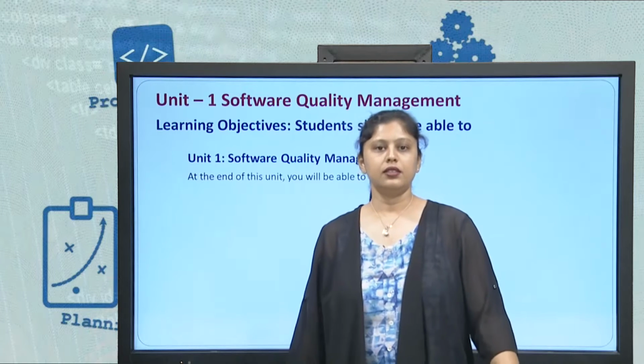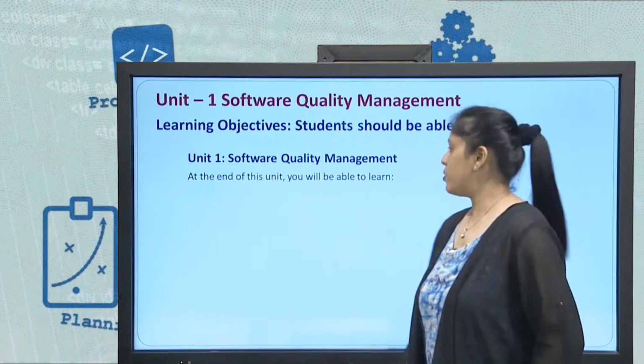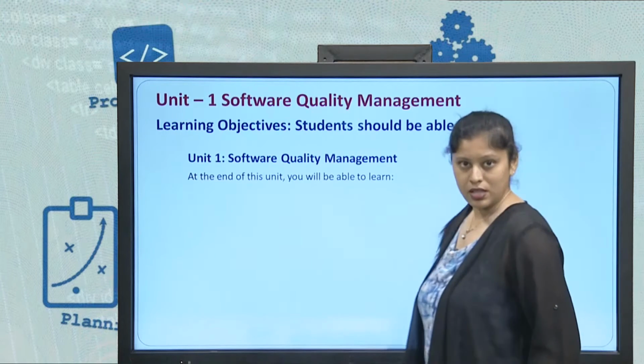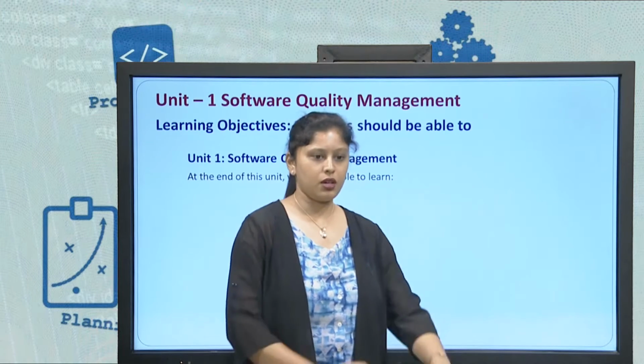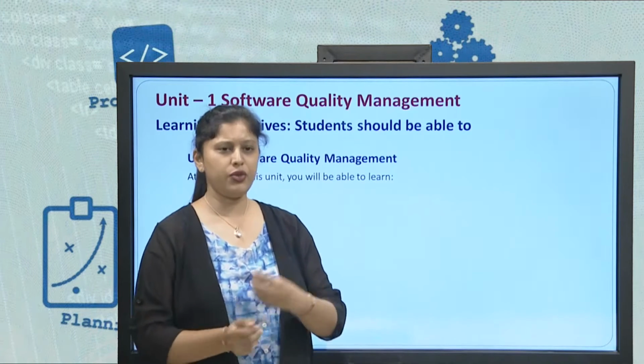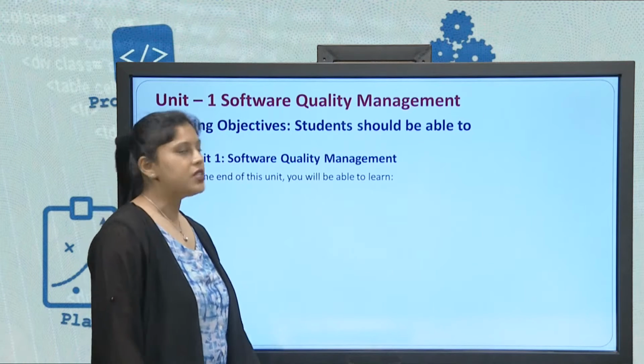Welcome again. We are starting with software engineering block 2, which is about software quality management, right? And we are starting with unit 1 right now, which is about software quality management and a few of the testings that we will see, right? Now, in this particular unit, you will be seeing